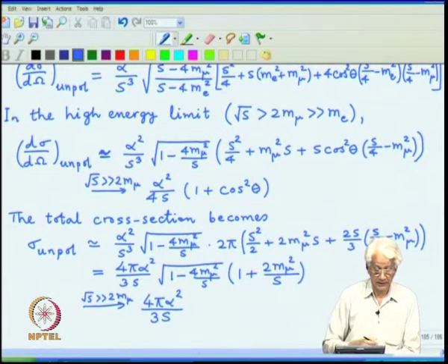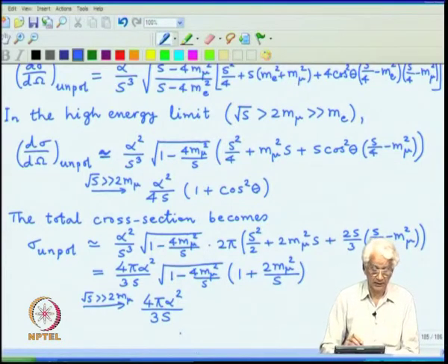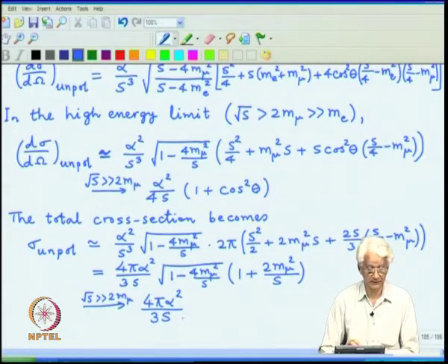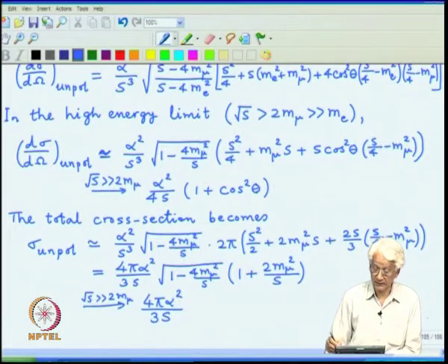So, every time the threshold for a production cross, you will get the corresponding addition to that cross section, and so the cross section just keeps on increasing with steps occurring whenever s, or rather root s, crosses 2 times the mass of a new particle, and that result is often